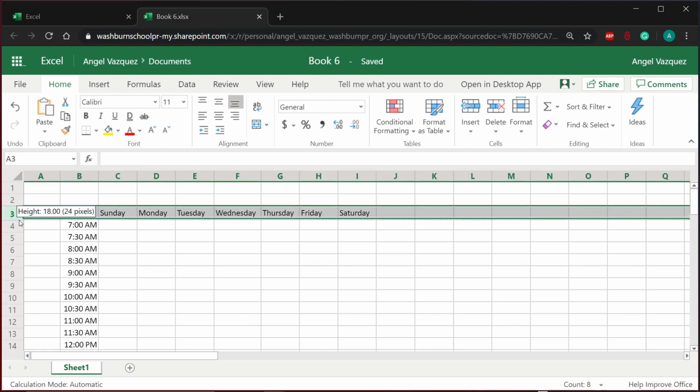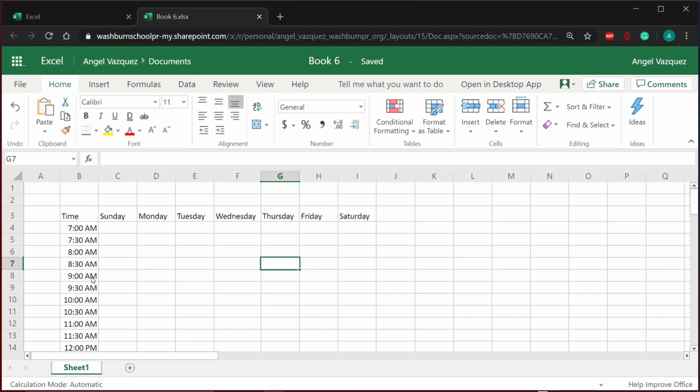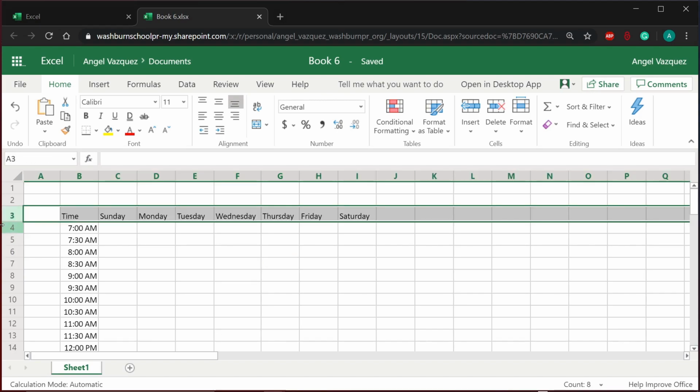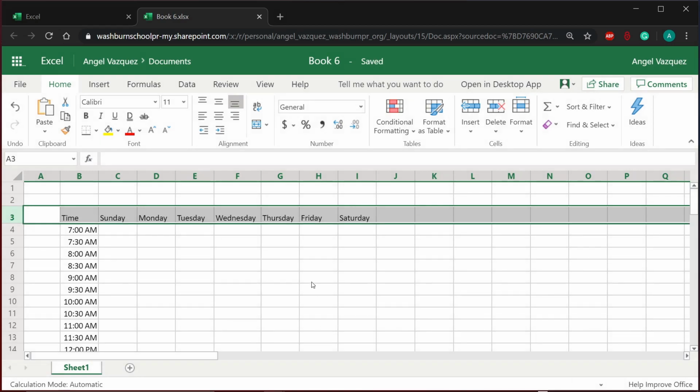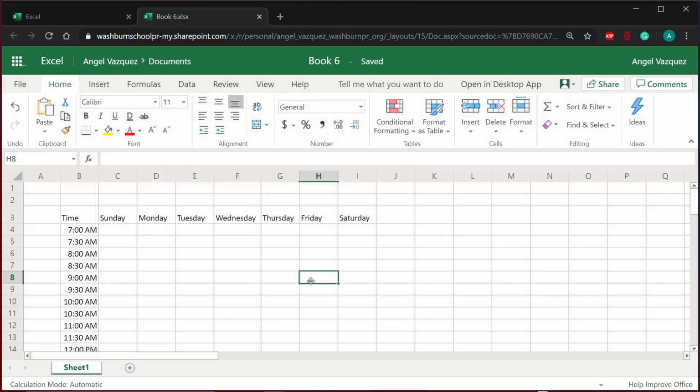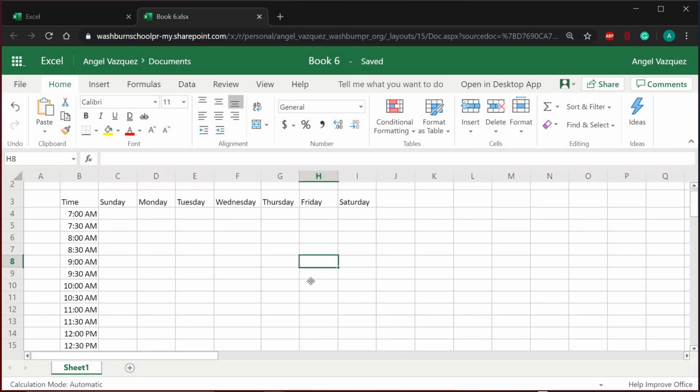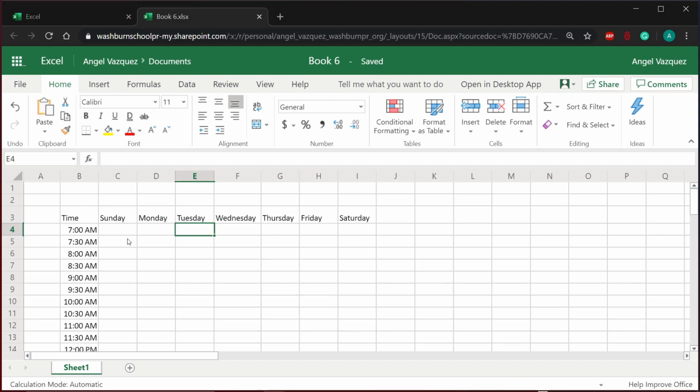We talked about this in the video conference, remember? If we wanted to make a row thicker or a column thicker or thinner, we could just click on that row or column and then expand it or reduce it. Alright, now we have the basic structure of our table. We want to start putting the lines just in case, right? Because it's going to be way easier if we put the lines, the borders,